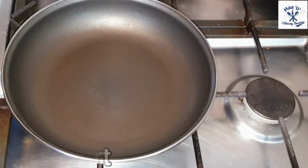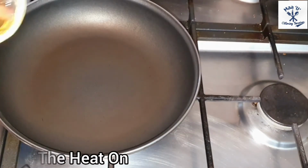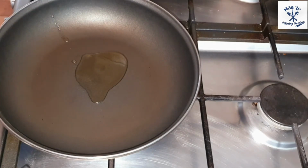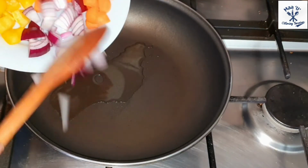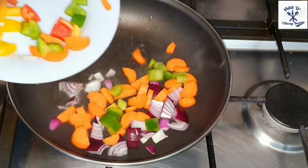Please, let's start. Heat your fry pan or the saucepan you are going to use. Add the oil. Add red onions, carrots, and the bell peppers,